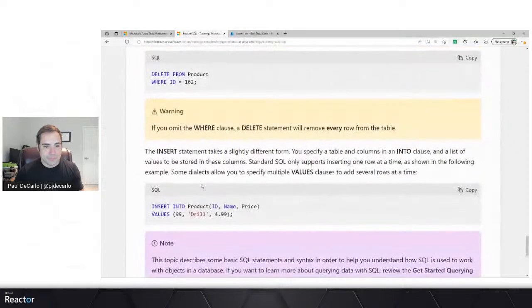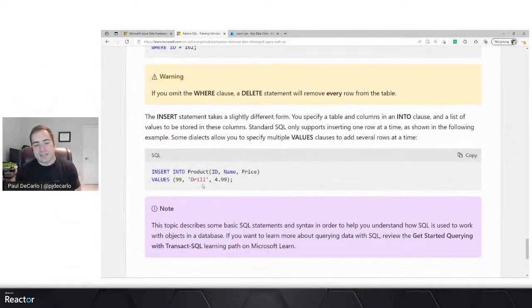And finally, the insert statement, which out of all of these is the one that takes a slightly different form than the others. When we want to add a new row into a table, we specify this with the following query: insert into table name, the column names that I'm interested in, then the values that we'd like to apply respectively to those columns.